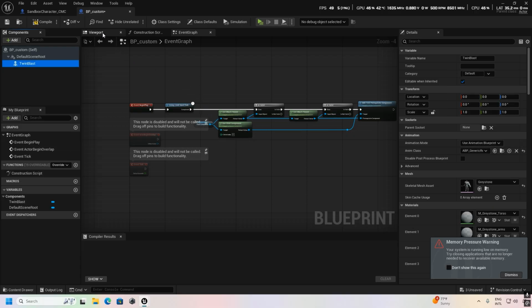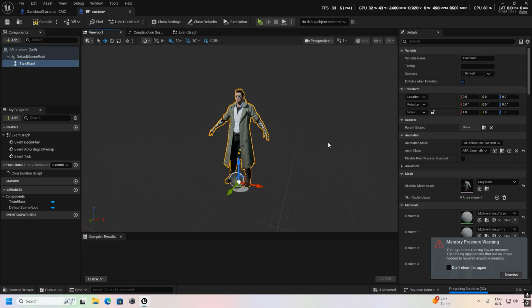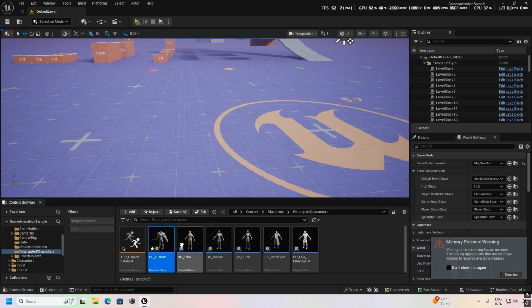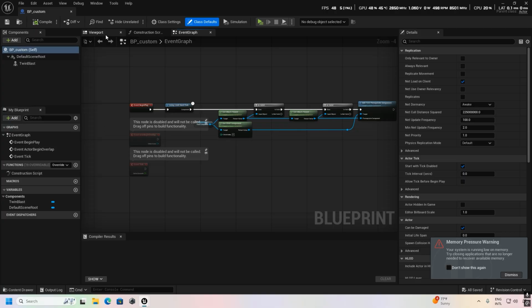Okay, in the viewport we can see nothing is happening. And also we have to change the tag name to RTG custom. Then compile, process, and you can see our character is here now.